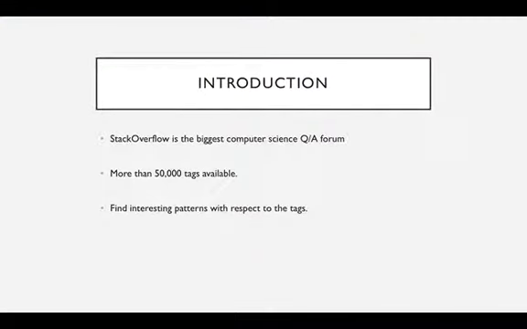To give a short introduction, Stack Overflow is one of the biggest question and answer forums in the entire world for computer science software engineers. It hosts about 15 million questions and 24 million answers. While submitting a question, the user needs to associate the question with a tag or multiple tags so that the question can be shown to a relevant person who can answer it. There are about 50,000 different tags available on Stack Overflow, for example Java, Python, or any other technologies relevant to that question.